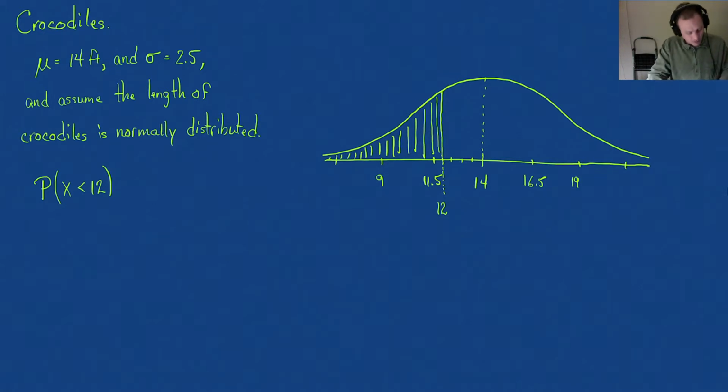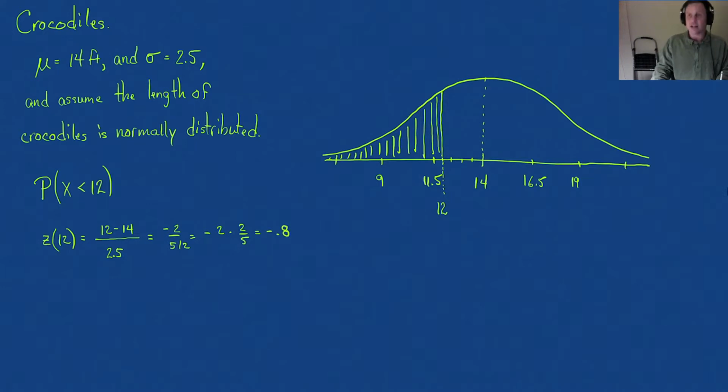12 feet long. And remember what we need to do is calculate the z-score for 12, and that gives us 12 minus 14, and then we divide that by 2.5. This is going to be minus 2 divided by 2.5, which is the same as negative 2 times 2 fifths. So this is going to be negative 0.8. And if I look this up on my table of z-scores,